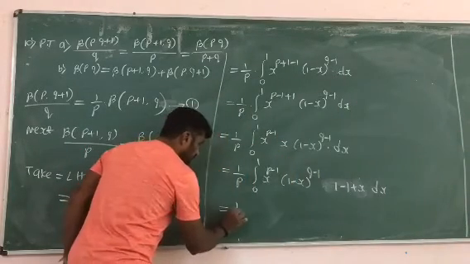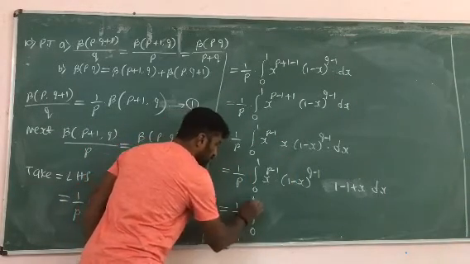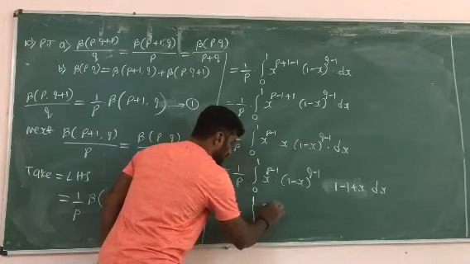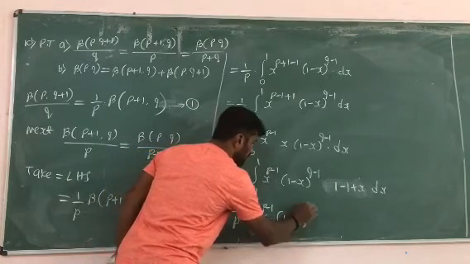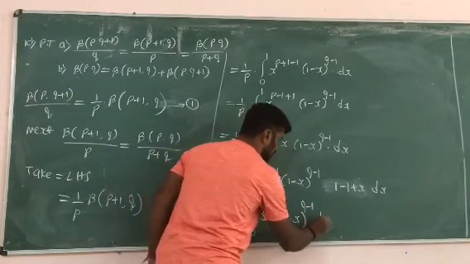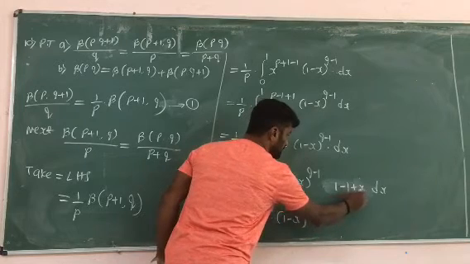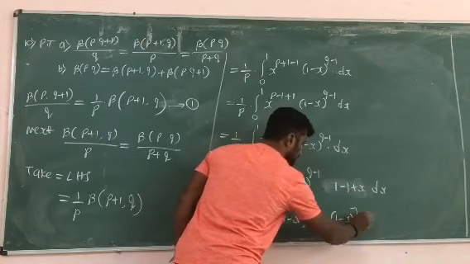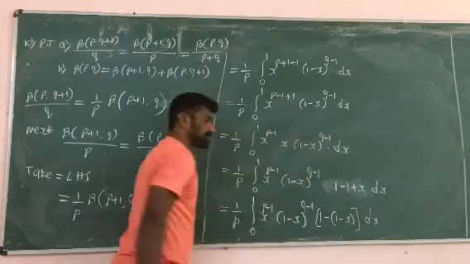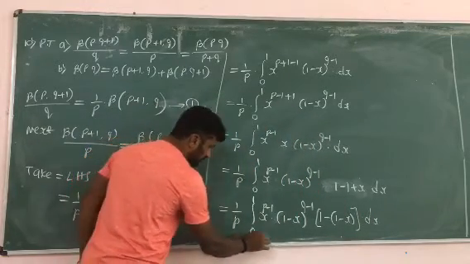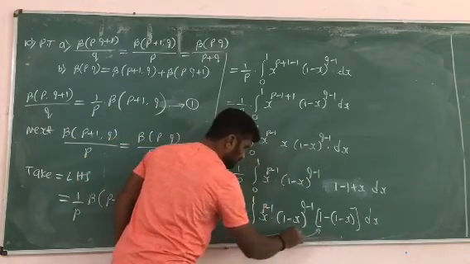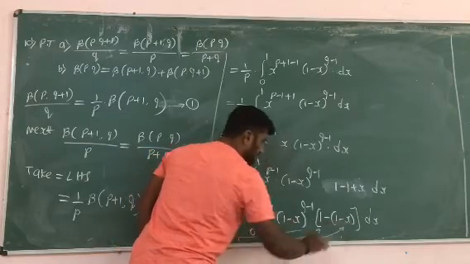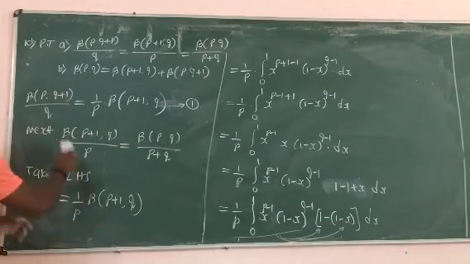so that equal to 1 by p integration of 0 to 1 x raised to p minus 1 into 1 minus of x raised to q minus 1. So 1 minus 1 plus x, taking the minus common, 1 minus of x comes. So this step is very important. Now what to do: take all this as one term, multiply it by 1, next multiply it by 1 minus of x, and simplify.